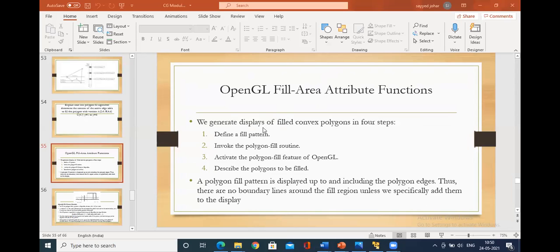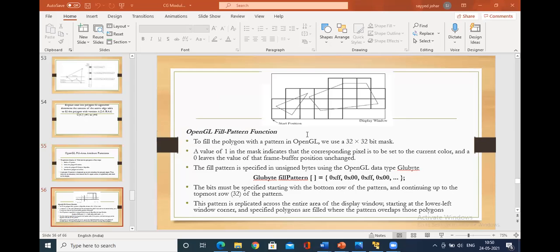So we could define it in 4 ways. One is to define a fill pattern, invoke the polygon fill routine, and activate the polygon fill area feature of OpenGL. So what are the various attribute functions you could see? There are different patterns through which we could fill up this convex polygon.